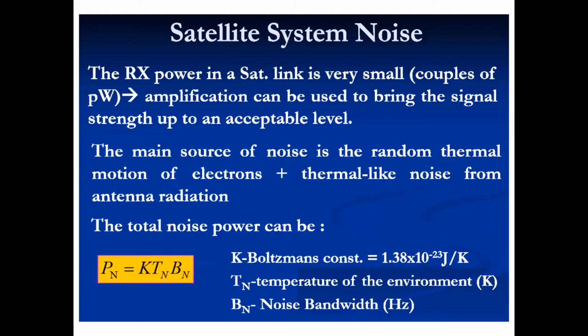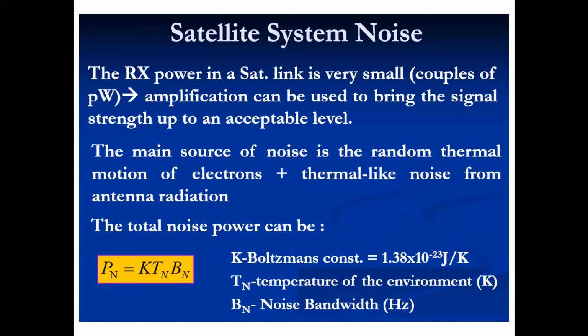So noise, as I told you, is because of thermal noise, and therefore the expression is KTB, where B is the bandwidth and T is the equivalent noise temperature. And that will be decided by the different electronic circuitries that you are using, because this thermal noise, as you know, is defined by the random motion of the electrons and also the radiations of the earth being accepted by the antenna.